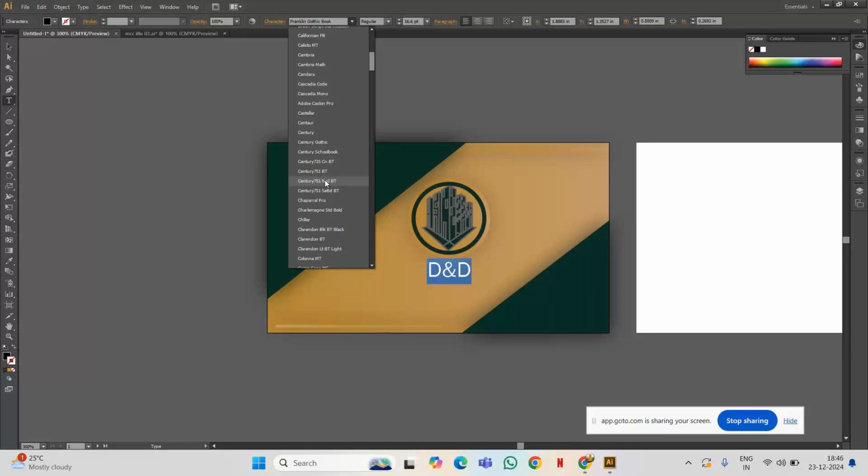If we are doing a business card for fashion or a wedding, boutique brands or somewhat like that, those types of font styles are different. When it comes to law firms, or branding companies or somewhat like that,